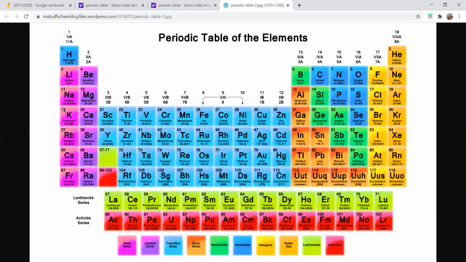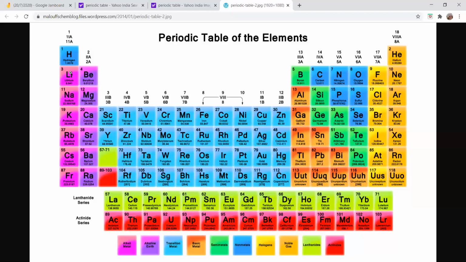Now, in this periodic table, this is the first column that you have, right? You are going to write the electronic configuration of elements column wise, based on the first column. I wanted you to write up to the first 5 rows, or at least the first 4 rows. In each column, do not include hydrogen.